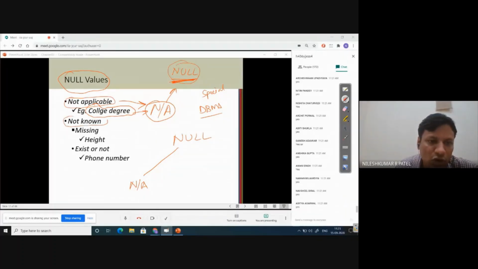The second thing is not known. For example, as a student, when you go to a university and while filling up a registration form, there is one column called height, height of student.